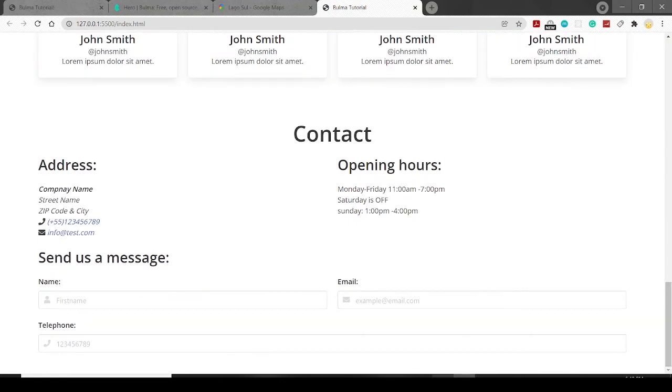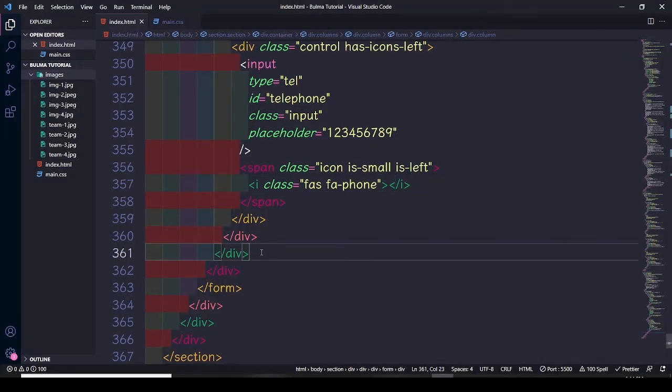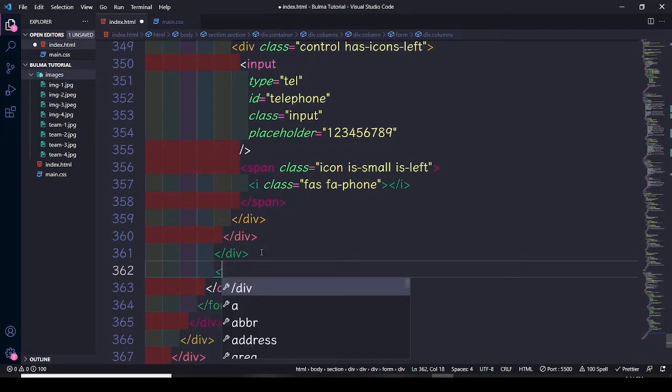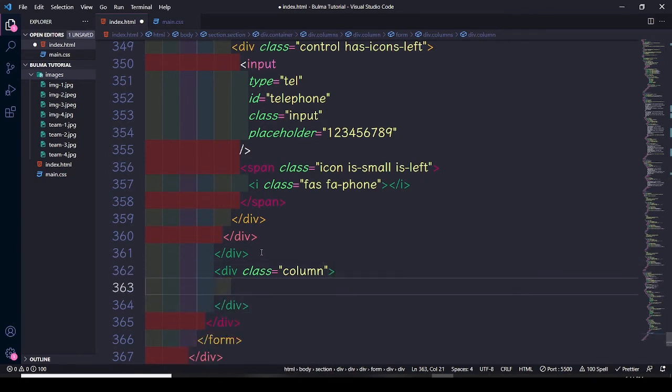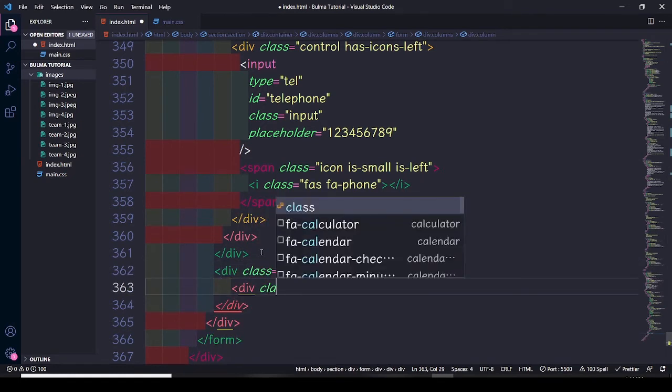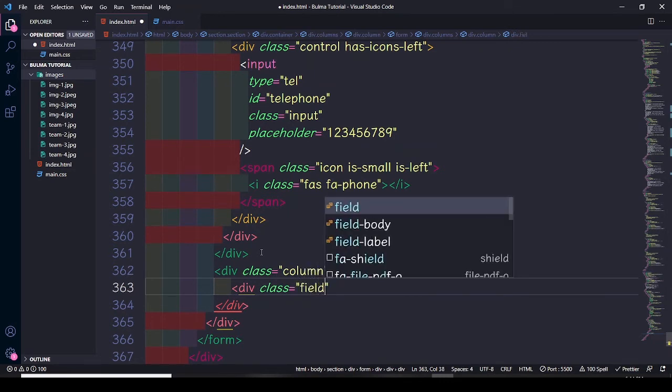Okay, the next we need is another div with a class. This class is gonna be column, div, class. This should be field,